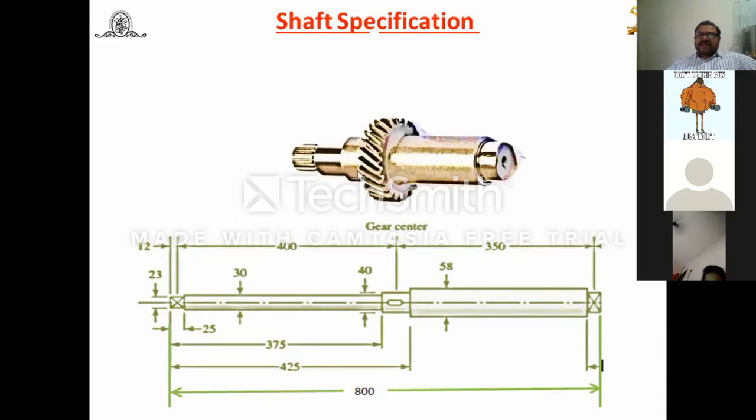And it is available in Bhandari's book. How much is the next step after 25? Maybe 28, then 30, 32, 35, 40. Why are we increasing this shaft diameter? Because to retain the position of the parts which are to be mounted on the shaft. Second one, accordingly you will get the shaft diameter 30, but here 40 is provided. Again here this is the position of the gear center which is mounted at this position. Keyway is shown. Again this side it is increasing.